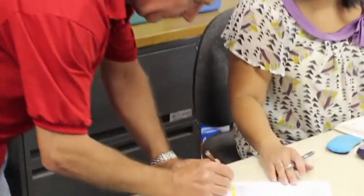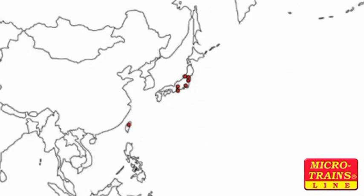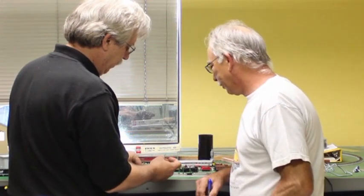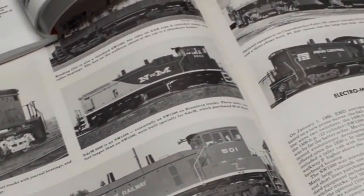Microtrains distributes its product through its network of authorized Microtrains dealers and direct to consumers via their online store. Microtrains has hundreds of dealers located throughout the United States and has many international dealers with concentrations in Canada, UK, Germany, Australia, and Japan. Of the 65 full-time employees, all but 10 are engaged in the manufacture of Microtrains products, which begins in the